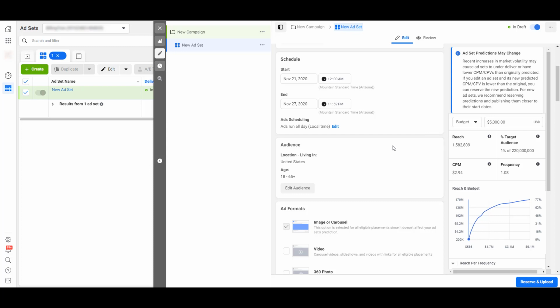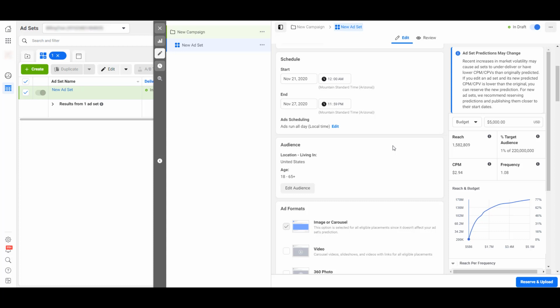So I went and updated the budget to just $5,000, and we can see how those numbers and the potential predictions have changed. We do see the warning from Facebook saying they may change, but for the most part, on the few times I've tested reach and frequency, I haven't seen any huge volatile changes. It's pretty much stayed exactly what they've promised. And for the most part, I'm still getting good information of what I can expect from this specific budget on